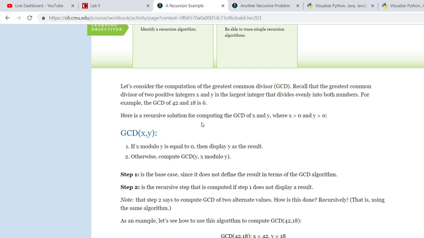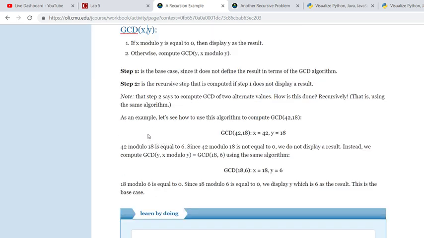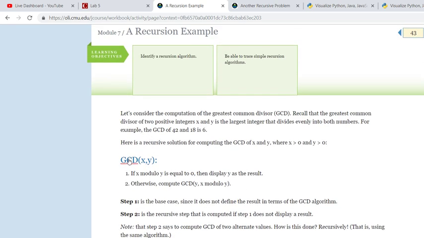And then here's the recursive solution, again with these assumptions. x is greater than 0, y is greater than 0. We do make use of that modulo function. And what's nice about this is, I think this is probably the most challenging part, for me at least it was. But again, everyone varies. So we take in this x, y,